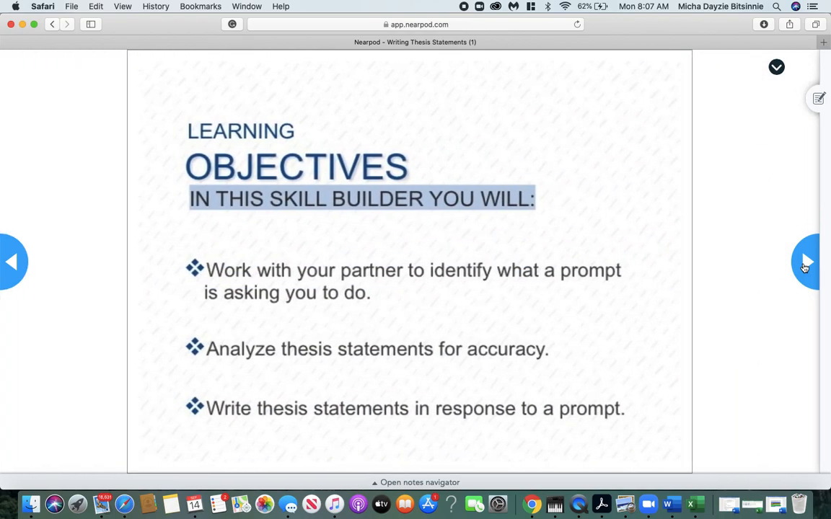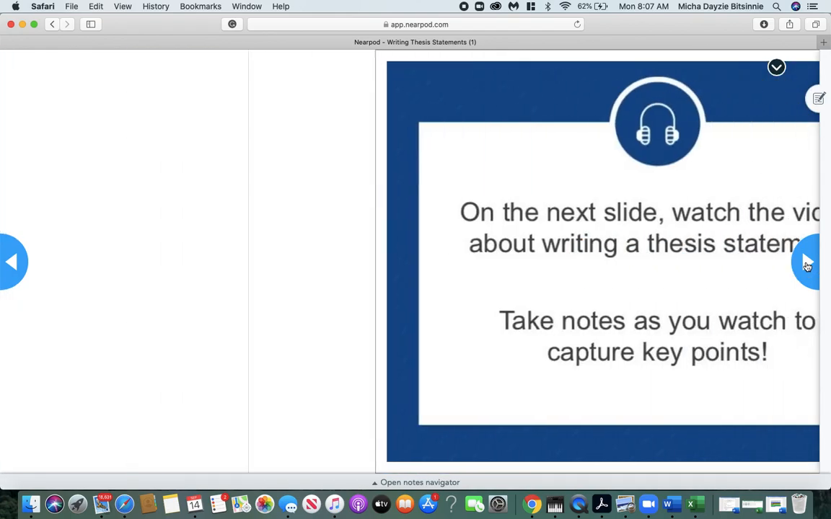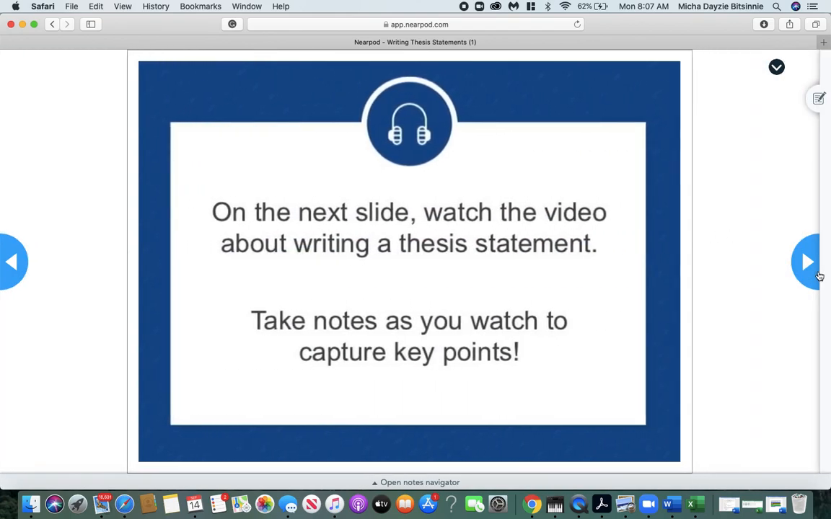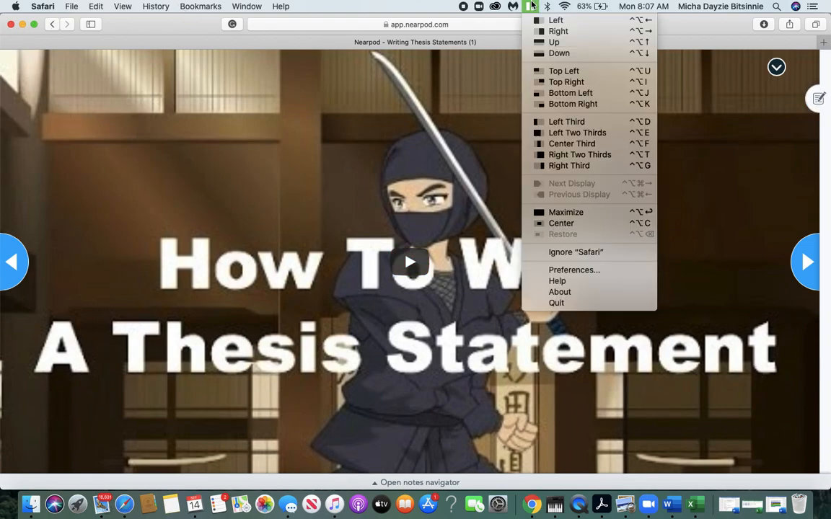So our objectives for thesis statement learning are to work with your partner to identify what a prompt is asking you to do, analyze thesis statements for accuracy, and write thesis statements in response to a prompt. Don't forget that I also had